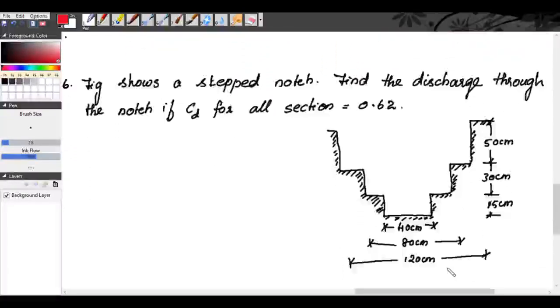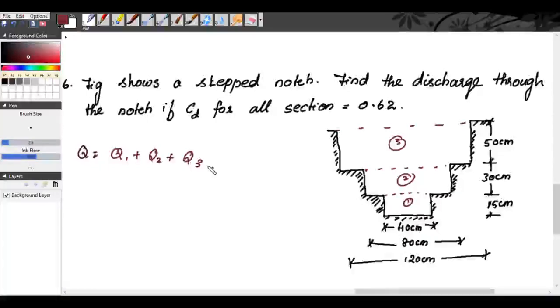Last problem, for a stepped notch. You can see the figure, there is a stepped notch, and find the discharge through the notch if CD for all the sections is 0.62. So we know for a stepped notch the discharge is equal to discharge of this portion 1 plus discharge of this 2 plus discharge of 3. So Q1 plus Q2 plus Q3 will be equal to